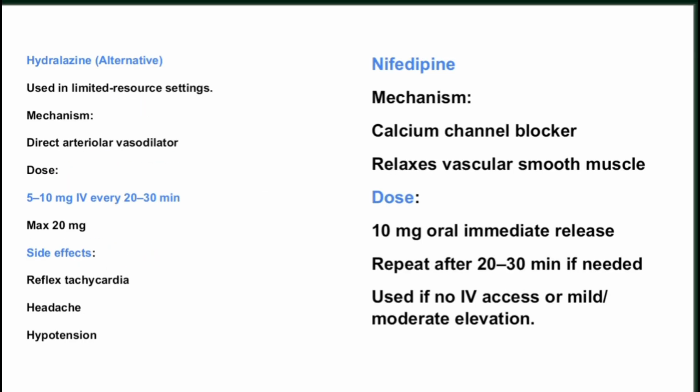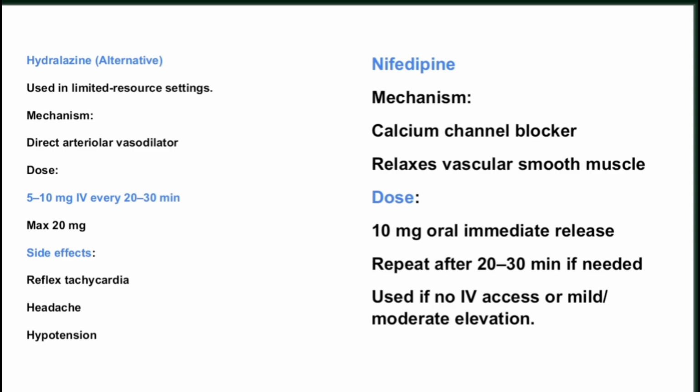So if you're in a limited resource setting, we can give hydralazine. Hydralazine is a direct arterial vasodilator. So we're going to start with 5 to 10 milligrams IV every 20 to 30 minutes, and the maximum dose is 20 milligrams. The side effect of hydralazine is that it causes hypotension, which we do not want to happen because we do not want to cause placental hypoperfusion at a very fast rate. So this drug is not really the recommended first line, unless things are just not on our side and we're not having the labetalol. So we can also give